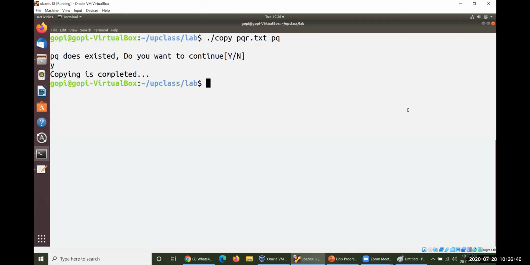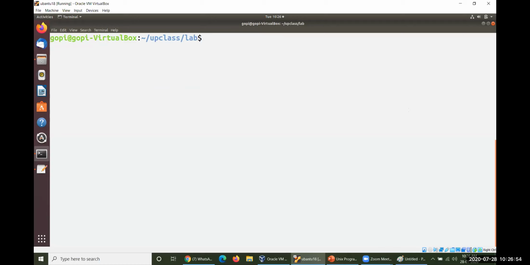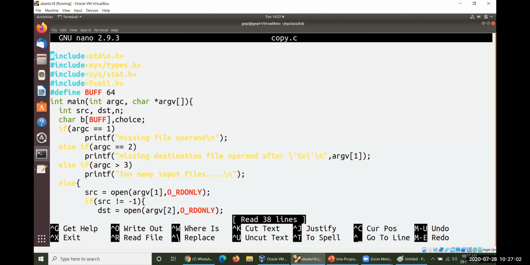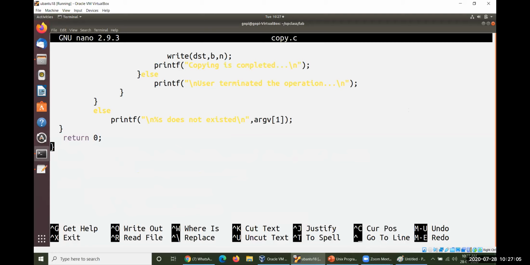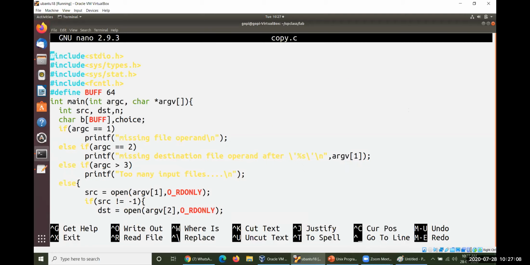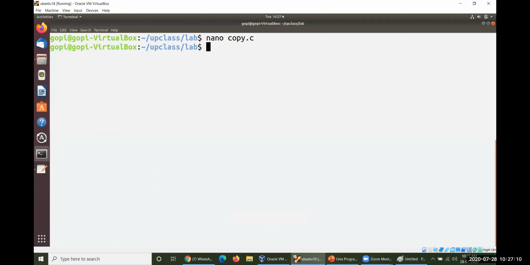Let us go ahead and please write all these outputs in your notebooks, if notebooks are available with you. So number one, the first command is, you need to write nano copy.c. You need to write this complete thing here. Everything must be written by you. After this, what exactly are we supposed to do? Close this copy and gcc copy.c -o. The next is -o copy, because I would like to give the same name, so as not to forget that particular name.